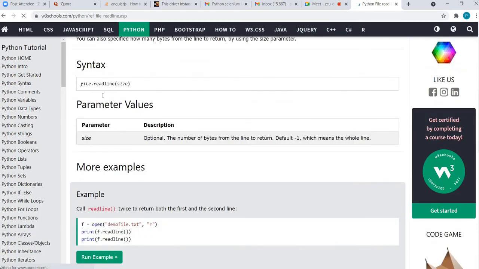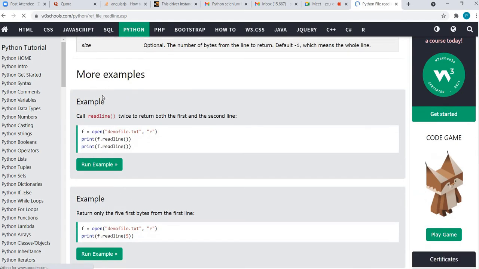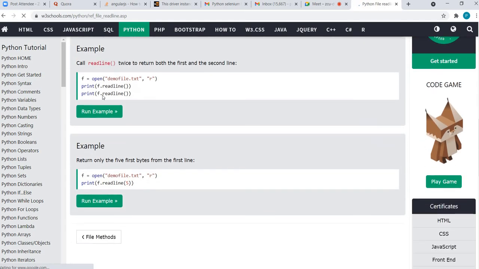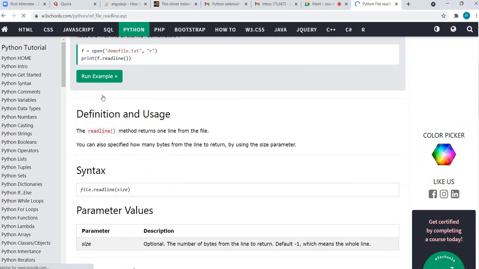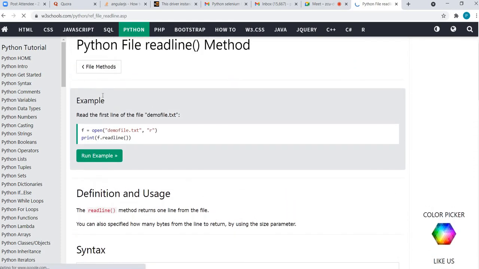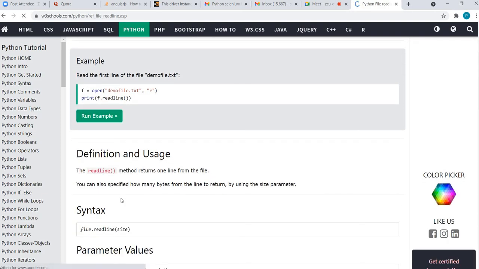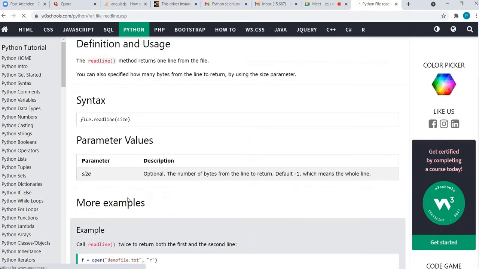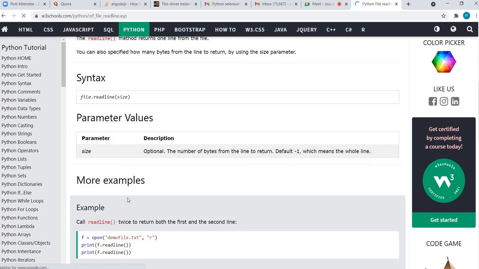So I always search it on Google and then I try to understand, okay, what it returns and how I then need to frame my code. So this read line, you can see here, what it returns is what is important for us.